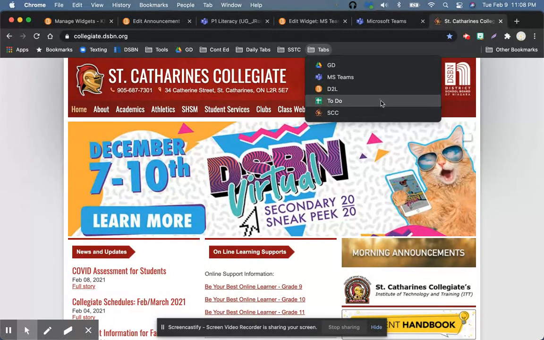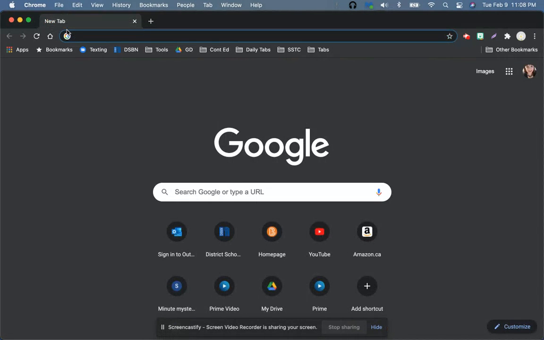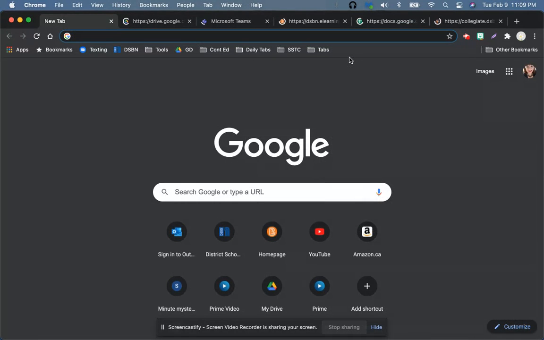So now that I've got these all bookmarked, I'm going to show you one last trick that I just learned this year that's just super cool. And it's a bit of a time saver. So when you get to school or when you log on in the morning and you're turning your computer on, opening up your tabs, and you're thinking, oh, okay, what do I have to open to get ready for today? If you go over to this tabs folder that we made and you right click or you hit Control and click, you're going to see a drop down list. If you click on Open All 5, if you watch what happens,